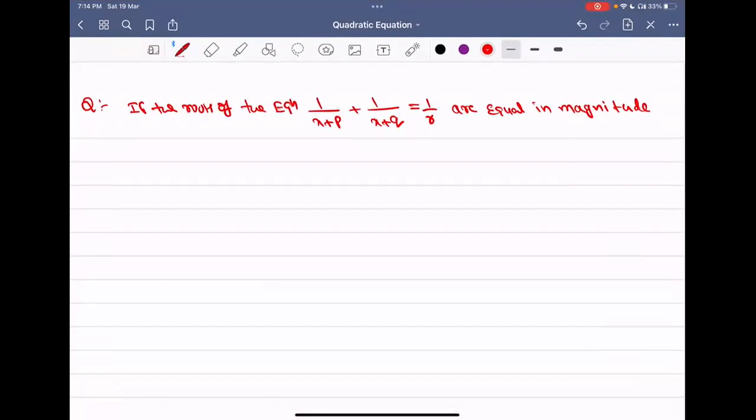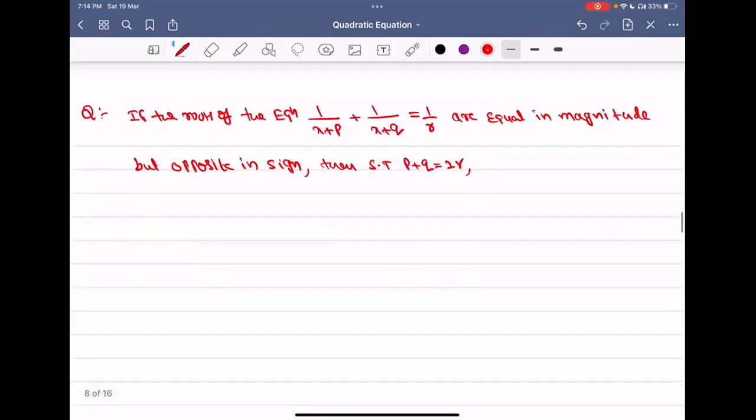One, if the roots of the equation 1 by x plus p plus 1 by x plus q is equal to 1 by r are equal in magnitude but opposite in sign, then show that p plus q is equal to 2r, and the product of the roots